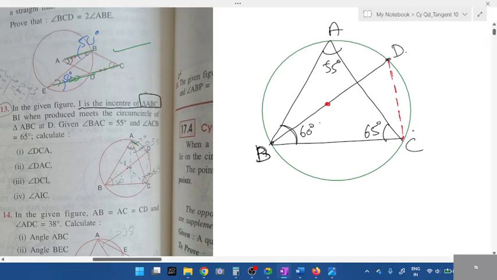What they asked us to find is DCA, students. Where is angle DCA? Arc DCA. All of you respond. How will you find DCA? If I write DCA, D and A is the arc, students. On the same arc, where is another angle formed? ABD, right? ABI and